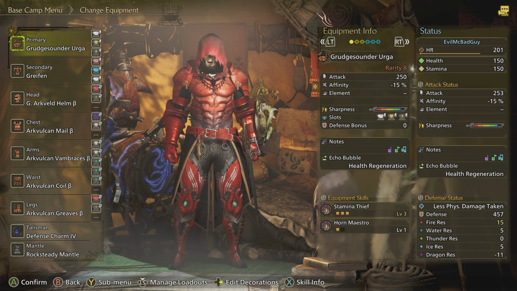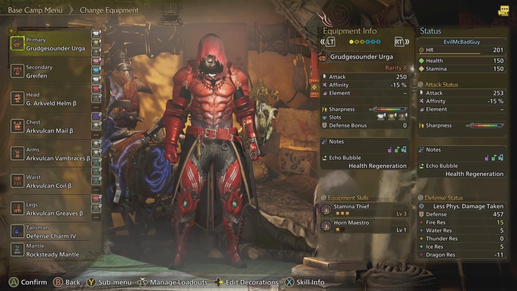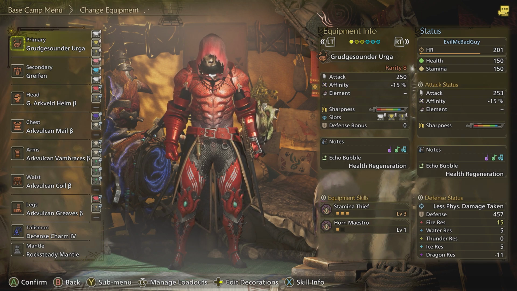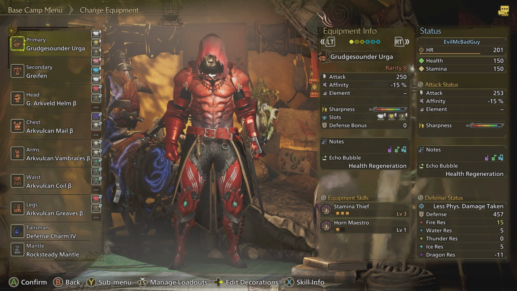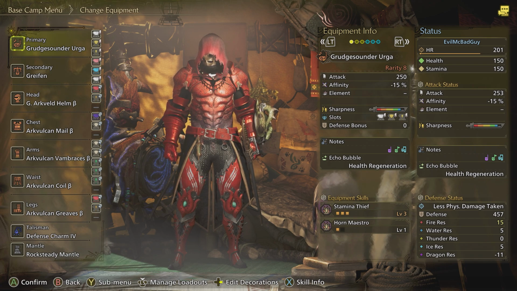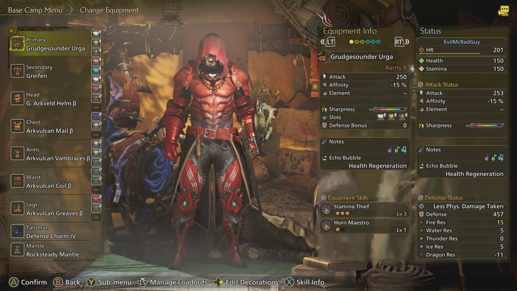Alright, so we have experimented with pretty much every single weapon we can get our hands on in Monster Hunter Wilds, which led us to find a few that we are exceptionally comfortable using. So let's begin with an amazing healing support build featuring the Hunting Horn. Our primary weapon will be the Grudge Sounder Urga. This is an all-around full-blown support weapon with an amazing stun capability. Let's dive in and take a deeper look at what comprises this build to keep us and our team alive